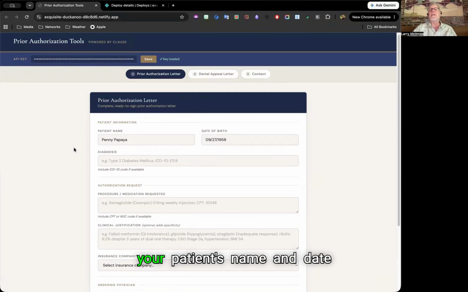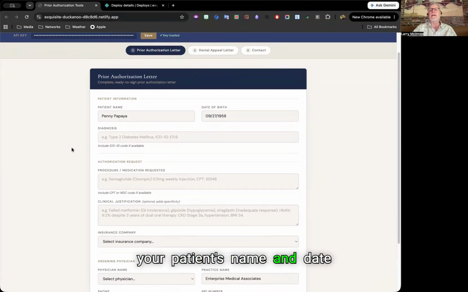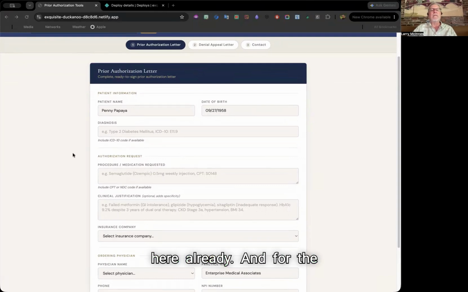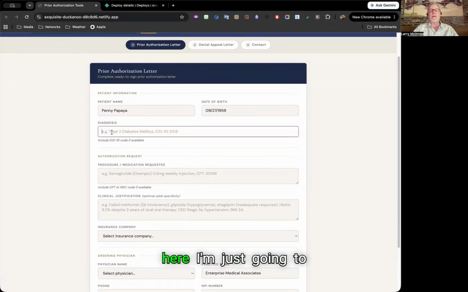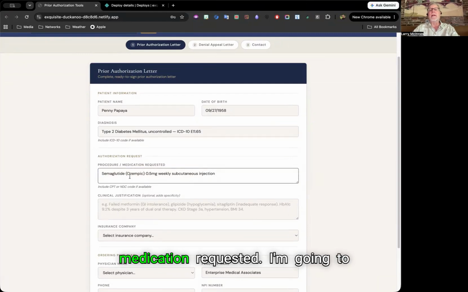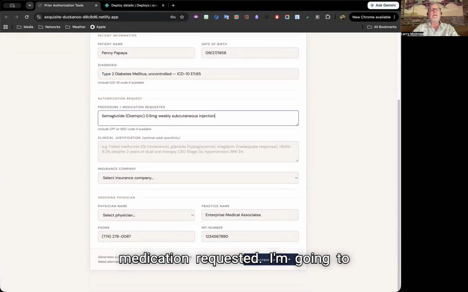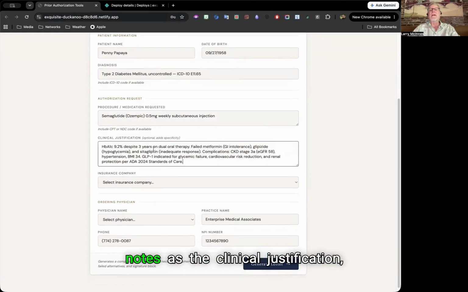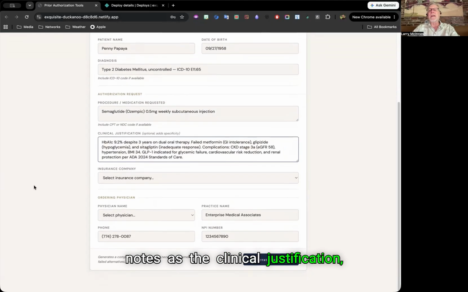You just drop in your patient's name and date of birth, like I have here already. And for the sake of expediency, I'm just going to continue doing some copying and pasting. And here I'm just going to paste in the diagnosis, the type 2 diabetes, and the medication requested. I'm going to copy and paste the doctor's notes as the clinical justification, and you'll notice